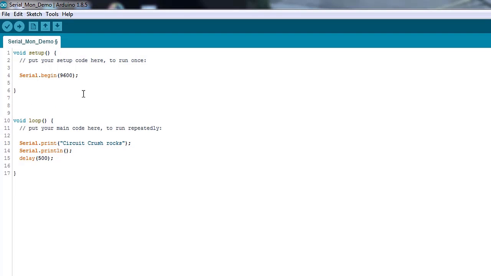I'm going to come over here between the two functions, and I'm going to declare an integer. And I'm just going to call it number, and I'm going to put it equal to 0. I'm going to come over here, and I'm going to comment out this code with just the 2 slashes. And on top of that, I'm going to write